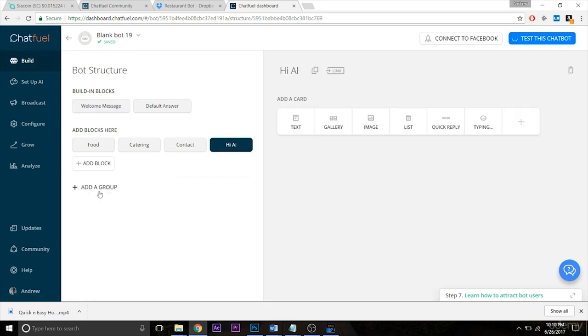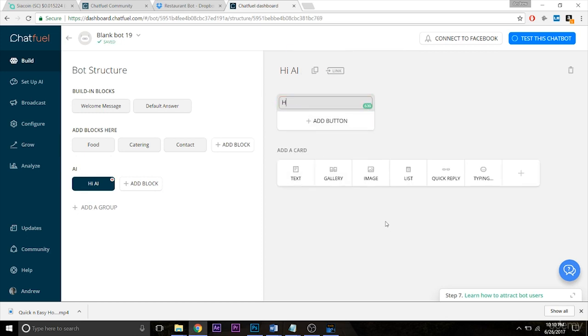And by the way, I'm going to create a new group to stay organized, and I'm going to call this AI. So if you have multiple parameters for artificial intelligence messages and where you want the user to be redirected to, we can create different blocks and keep them organized all in this tab here. So in response to them saying hi, let's say hi, and then you can actually, the beauty with chatbots is